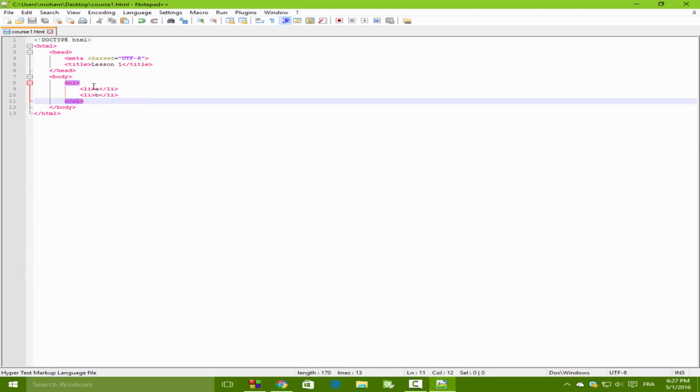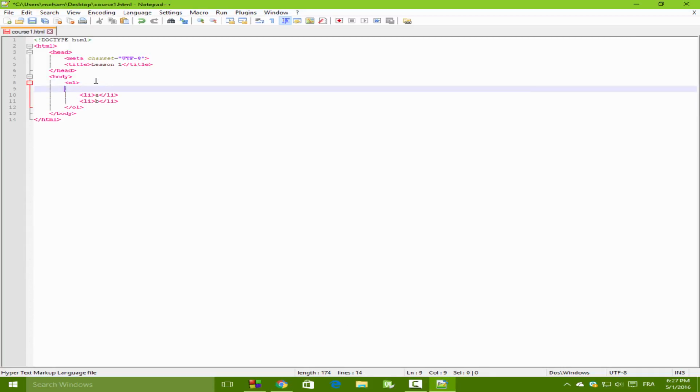Look at this. Great. But what will happen if we don't write the LI? For example, I will write a paragraph and you will see the difference. So only the LI tags are called items, and the OL will affect them. So as you see,